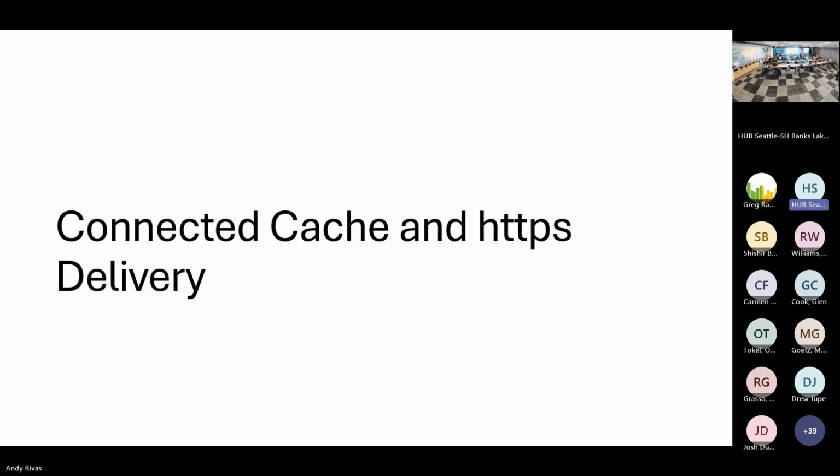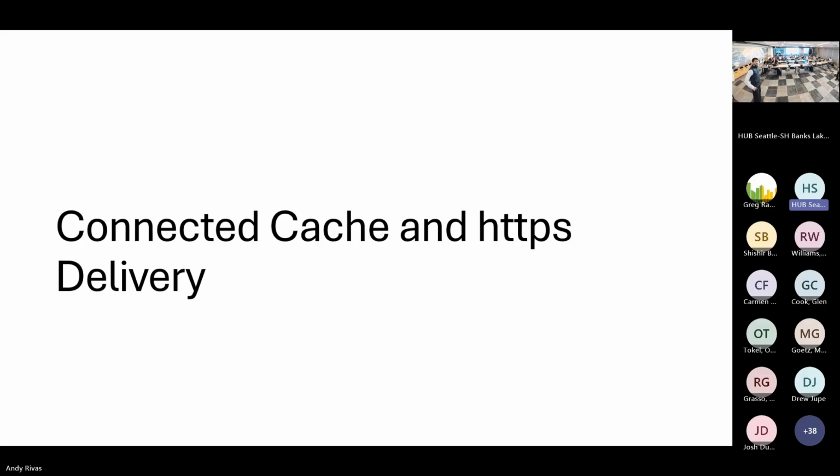Okay, so now I'm going to bring up my companion, Adi, and he's going to talk about HTTPS delivery. Why the heck do we need HTTPS delivery if, as I said, content is delivered over HTTP? I could have sat up here, but I would have just been nodding the whole time. So,